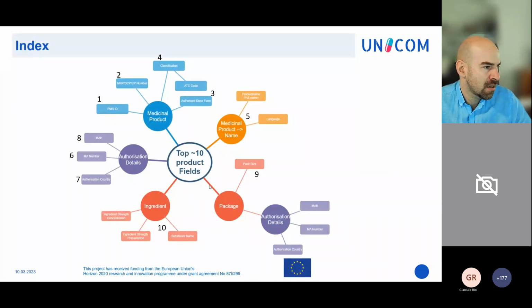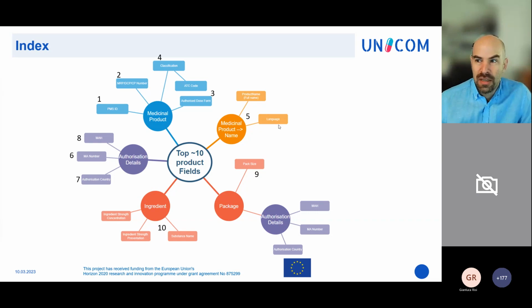Now, we will go into the details of these 10 product fields, and we will start with the PMS ID. We will focus on the medicinal product a little bit longer, so that you understand how we are showing this in the slides and how this training is built. We will go faster once we go to the other areas. But we want to show the first one with a little bit more explanation. So if we don't make it in time, you can just look at the slides of the others. And when you do the extraction, it always works the same way.